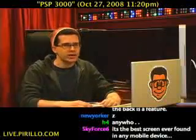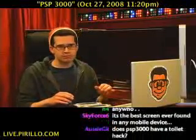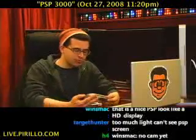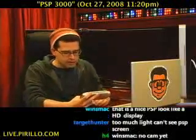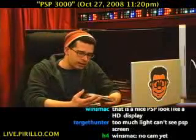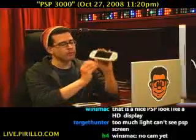The color is much more accurate. The blacks are much more black on the PSP Bright. So yes, the improvements they talked about on the screen seem to be well worth the time and effort they put into it. Another thing that I've noticed on the PSP Bright is that the home button has been